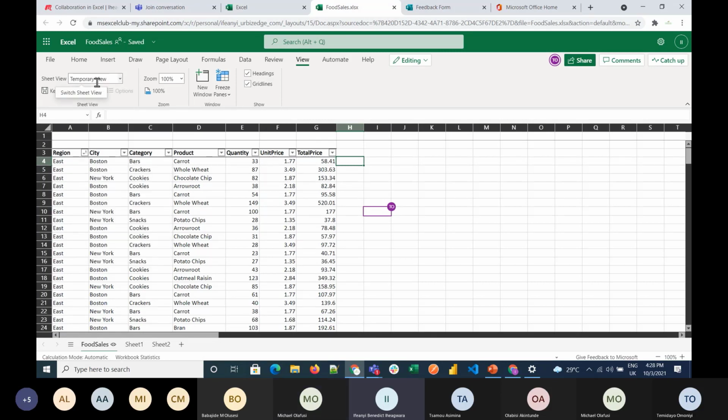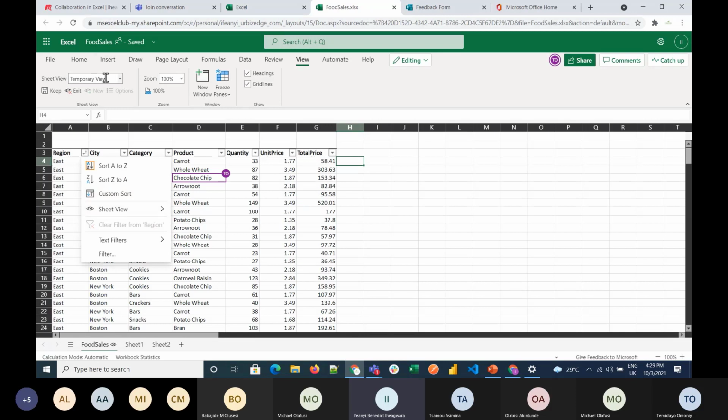So the temporary view is a way for you to avoid having little copies of your data set all over your OneDrive. You can have a view that's seen just by you. This view gives you the ability to filter and sort your data, and it's seen just by you. So it's not that someone filters it, and someone else opens it and feels like the data is missing or that someone has deleted the data set.